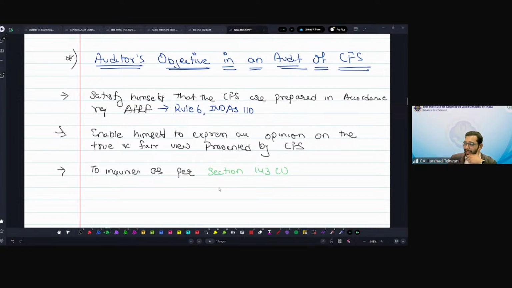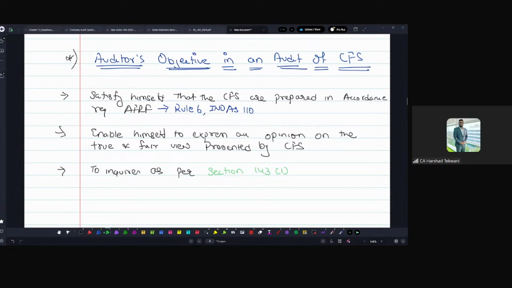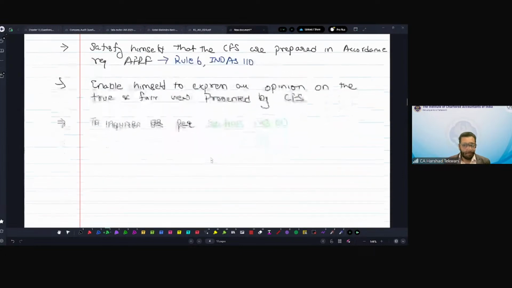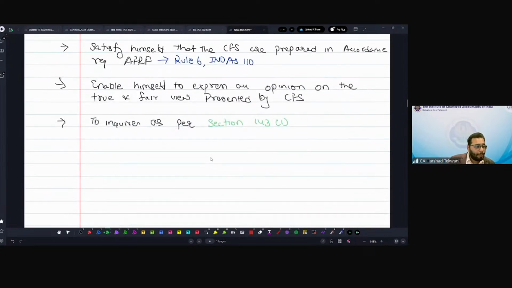Division 2, Companies Act, Schedule 3 Division 2. But that is a requirement of the format of preparation of the financial statements in case of an Ind AS. Come on, guys. Okay, I will give you the time to think. Meanwhile, I'll proceed. Okay, again, to report on matters